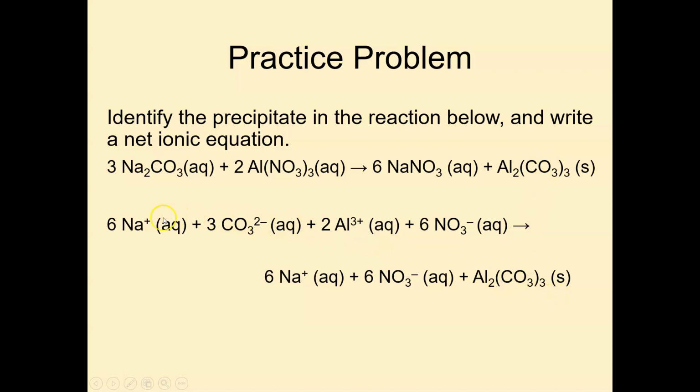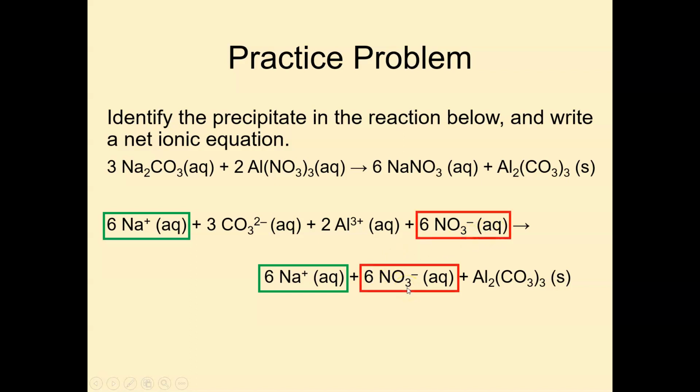We now go through and query our ions to see if they're spectator ions. 6 sodium plus aqueous, 6 sodium plus aqueous. That is a spectator ion. 3 carbonates, which are 3 carbonate aqueous, 3 carbonates in an insoluble compound. That is not a spectator. 2 aluminum 3+ aqueous, 2 aluminums in an insoluble compound. So aluminum is not a spectator. 6 NO3 minus aqueous, 6 NO3 minus aqueous. That is a spectator. We remove the spectator ions,